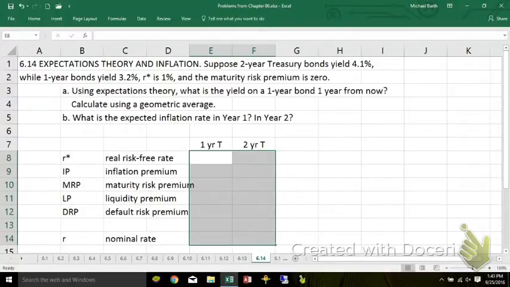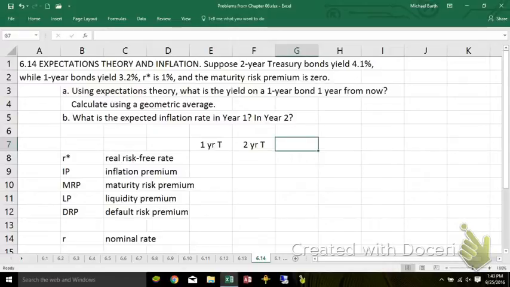This is problem 6.14 from Brigham and Houston, Fundamentals of Financial Management, Concise 9th edition, and you have a two-parter here. Suppose a 2-year treasury yields 4.1% and a 1-year treasury yields 3.2%. So this is 3.2 and this is 4.1,